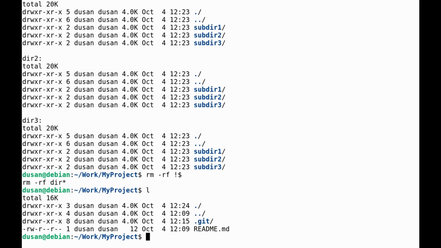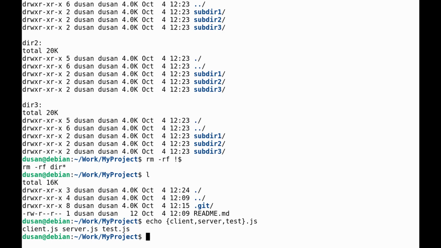As we can see, it worked as expected. The directories are gone. Now let's create some files, for example, client, server, and test.js. They will all have the same extension. Again, I'm using echo to sanity check this expansion. Looks good. Let's touch those,